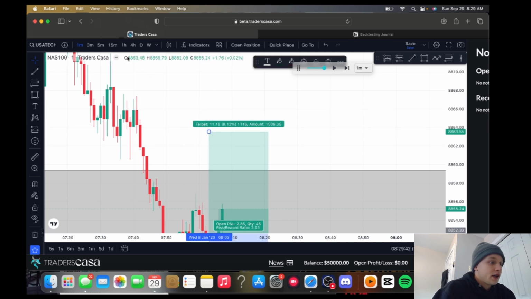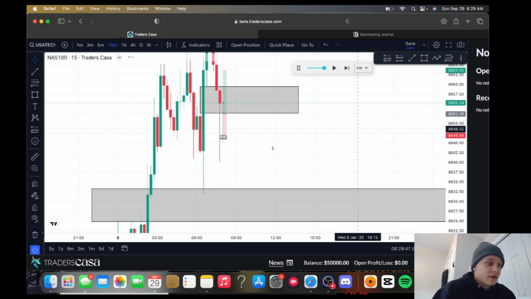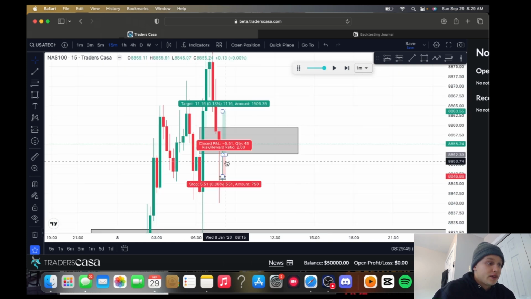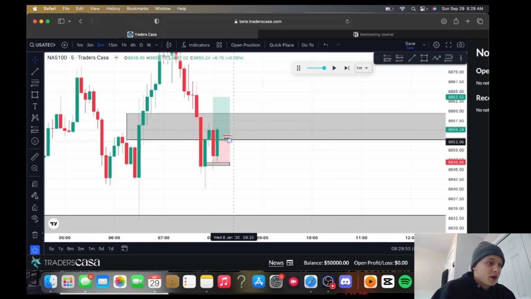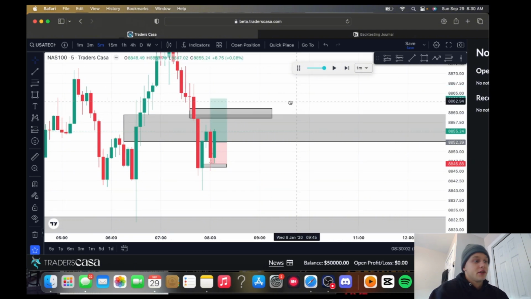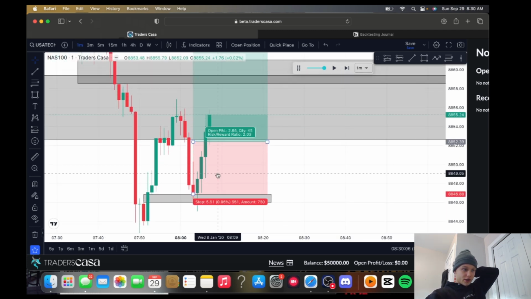My higher time frame, my drawn liquidity is higher. We have this huge wick here, and these wicks here that are getting respected. We have this 5 minute here I don't like, but if we trade up, we do have an unfilled 5 here, which I'd like to see be tapped into. Yeah, I'm gonna jump in on this.